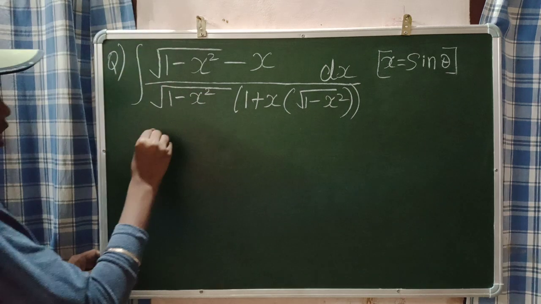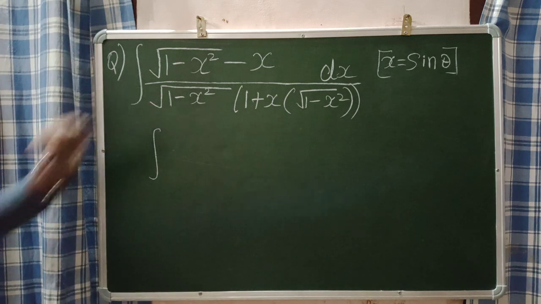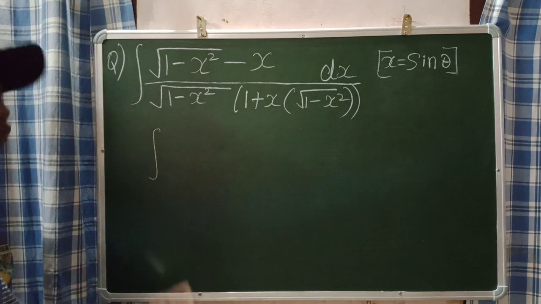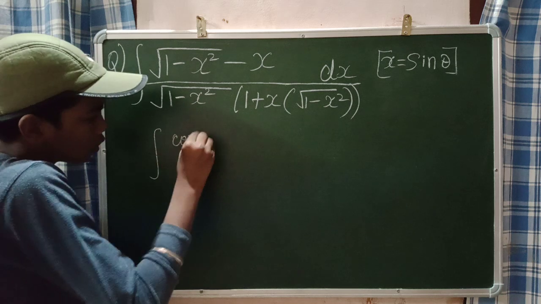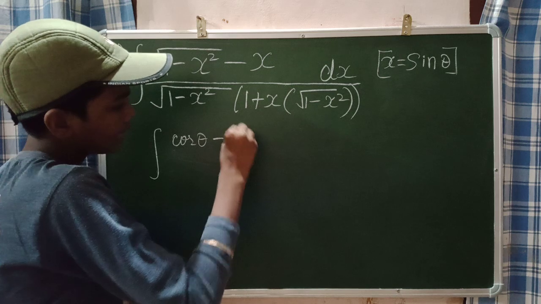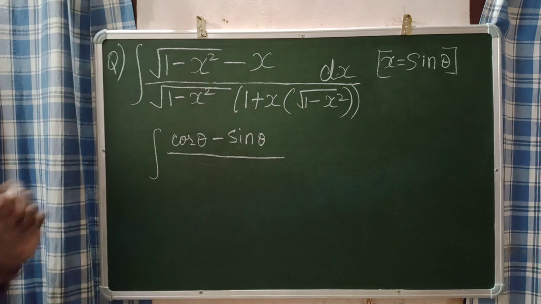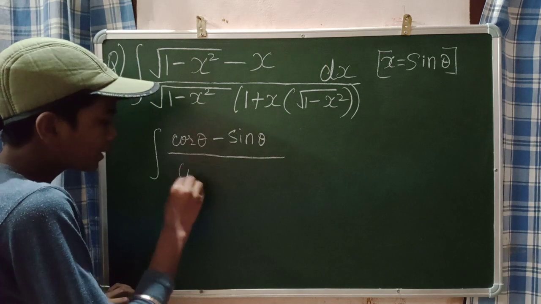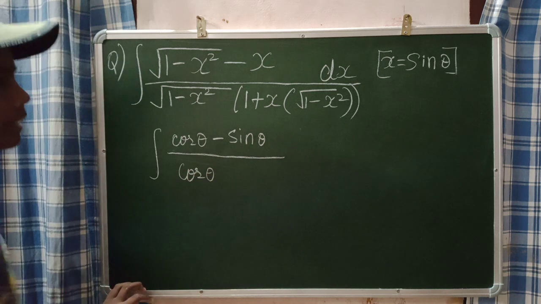When I take x as sine theta, you will get the integral of root of 1 minus x square, which is root of 1 minus sin square theta. Root of 1 minus sin square theta is root of cos square theta, which is cos theta only. Then minus x, so x is your sine theta. Then divided by root of 1 minus x square, which is root of 1 minus sin square theta, which is root of cos square theta, cos theta only. Then